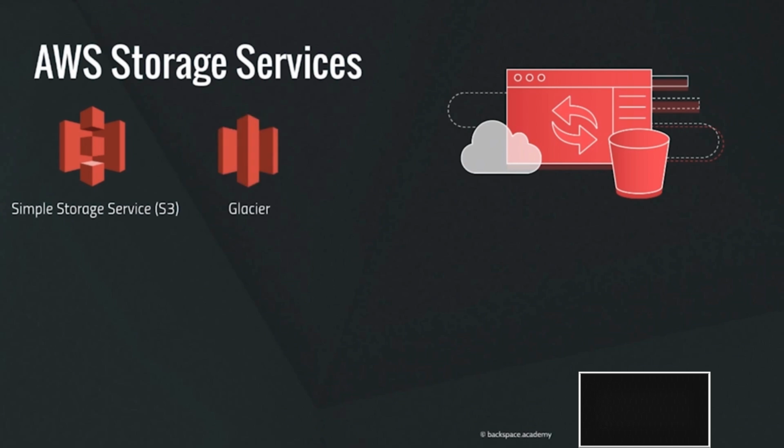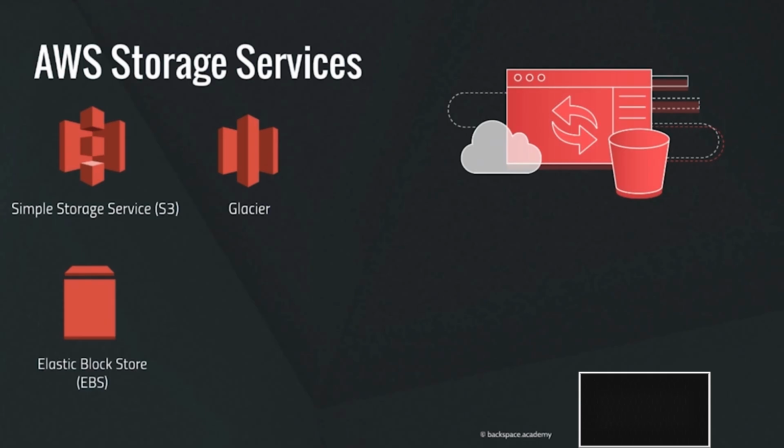Amazon Glacier is the cheapest storage option on AWS, and it's used for long-term archiving of data. It's a serverless service, just like Amazon S3, but it is not as readily accessible as S3. So it should only be used for content that is to be archived. You can also set up a lifecycle rule that will automatically migrate old data in Amazon S3 over to Glacier for long-term archiving.